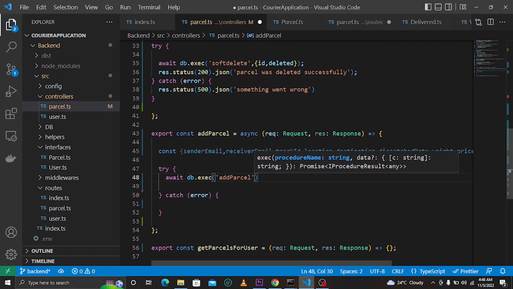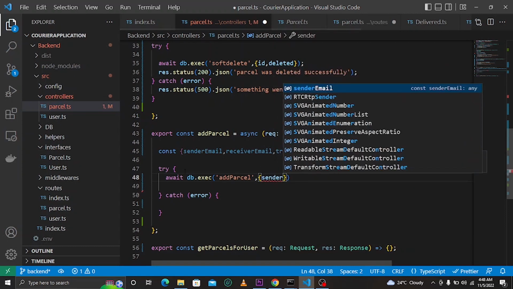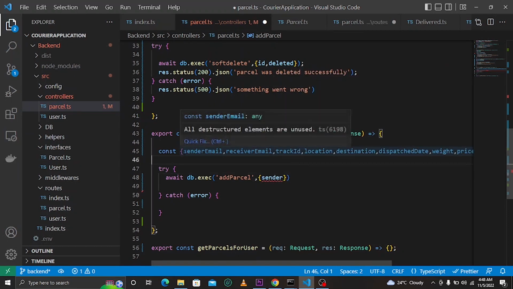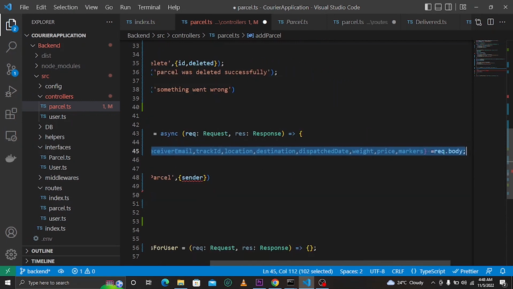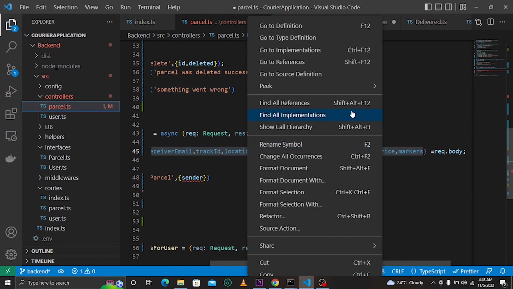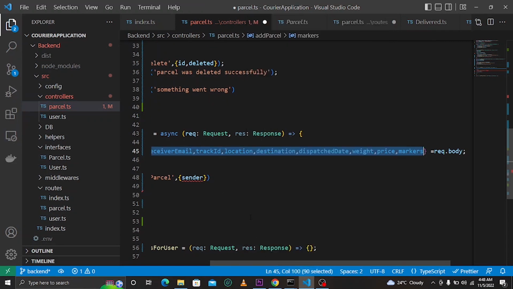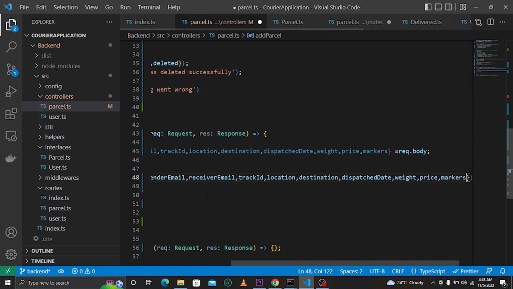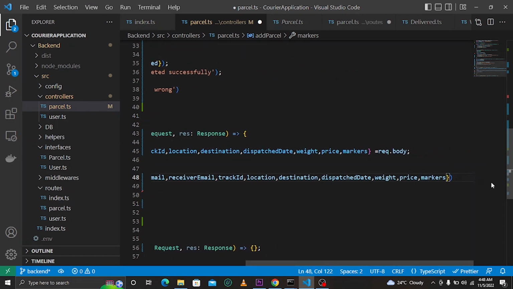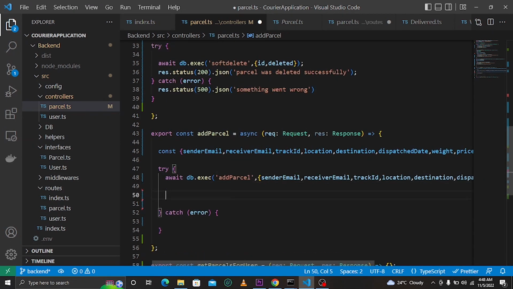and now it should accept several inputs, and this input should be sender email. These ones here, actually I will just copy them. I will just copy these entries here, just copy all of them down there, and then add it. Let's add those entries there. So now it's okay, I've completed that, and after that now you can say